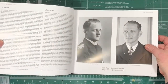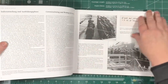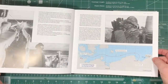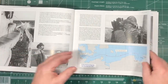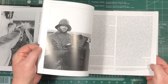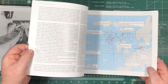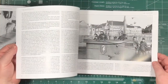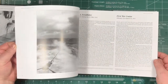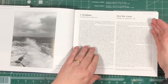There's Erich Topp. Commander in the Red Devil, commissioning, working up. It's basically the start of everything. And then there's lots of unique photographs in this all the way through. I'm going to find the start of the first war cruise. There you go. So basically they all start off with such and such war cruise, and it goes